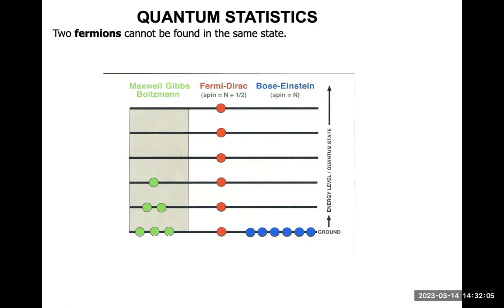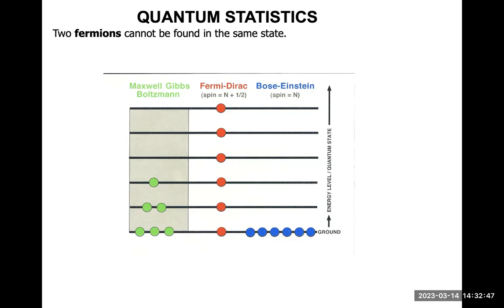manifested in subtle ways, as for the two types of quantum systems: the fermions, or Fermi-Dirac particles with spin 1/2, and Bose-Einstein particles with integer spin, like photons. And as you can see here, for Fermi-Dirac, you can only put one red dot, one particle at one level. For Bose-Einstein, you can put as many as you want at the ground state or any other state. And then you have in the green the sort of classical Maxwell-Boltzmann distribution, which is basically saying to you that the higher the energy, the lower the probability of having a